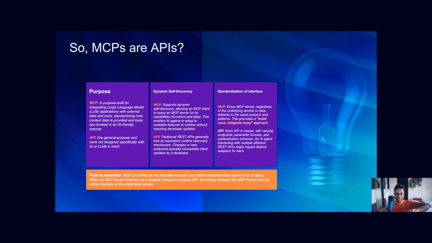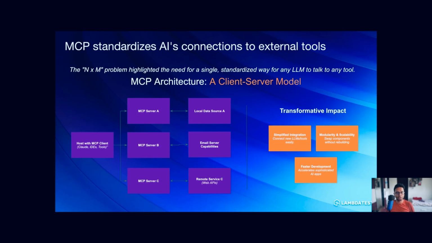Whereas MCP, as you have seen in the previous slides, supports dynamic self-discovery. The host with the client can ask, based on the task it receives from the user, hey server, what capabilities do you have? If I go back to this diagram, this is what is happening.